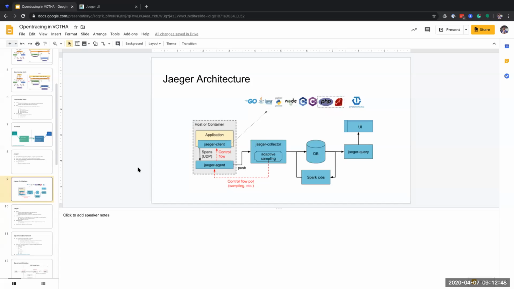Yep. And that's it. The Jaeger agent is part of the container though as well, so it's part of the process. It can be a container. Yeah, it's part of a container. It can be deployed in many ways. It can be on a per host basis, on a per container basis. You can have a single one for your entire cluster. Pretty flexible. Okay.